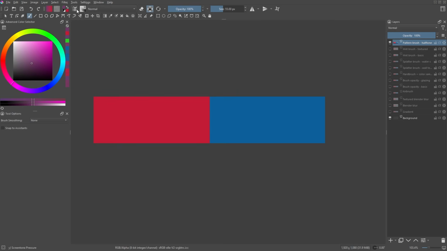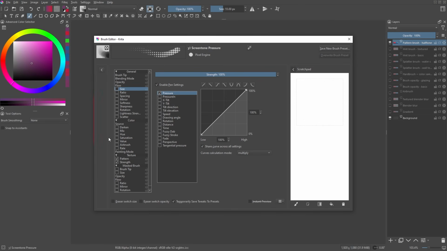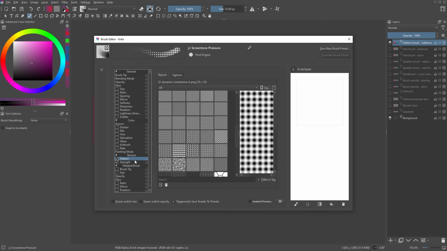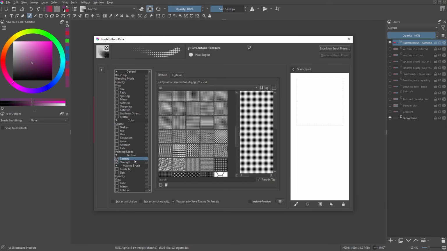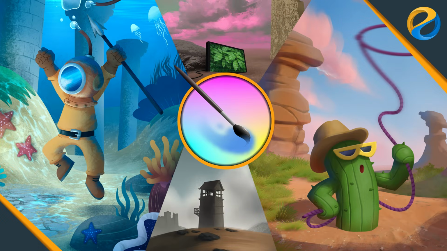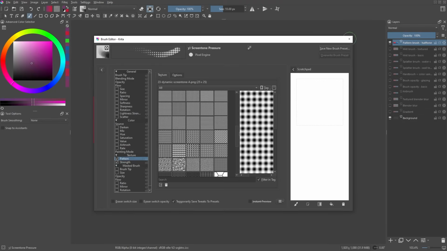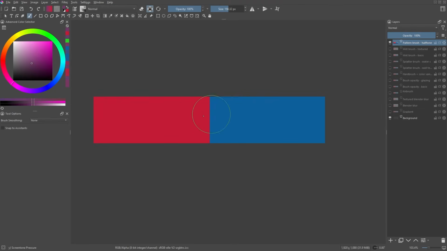To understand this better, if you open the brush editor, pattern brush presets use the pattern parameter below. Krita provides a lot of built-in patterns, and you can also create your own patterns if you want. If you are interested, I cover this in detail in my Krita online course at the advanced level. To apply the brush to the canvas, if we press the pen strongly, the area of the pattern will expand. But if we press lightly, the pattern area will shrink.